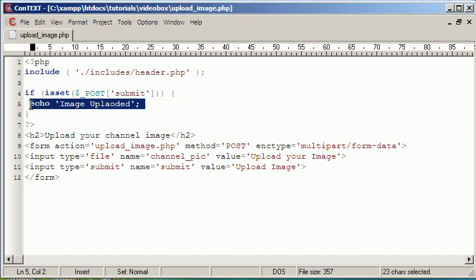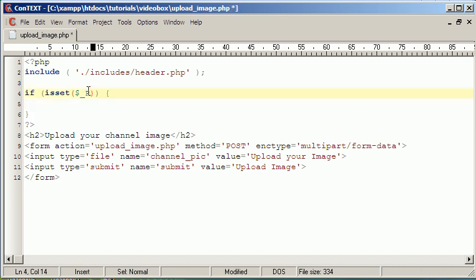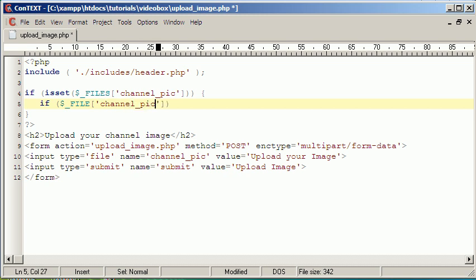So in here we're going to change this. Instead of if isset POST submit, we could say if isset $_FILES, and then the name of the file, channel pic. At the moment this will give us the same result, but then in here we want to say if $_FILES channel pic, and then directly beside this we want to put another set of square brackets,